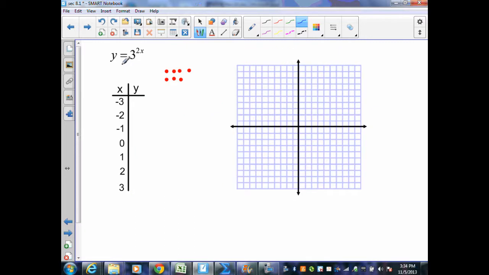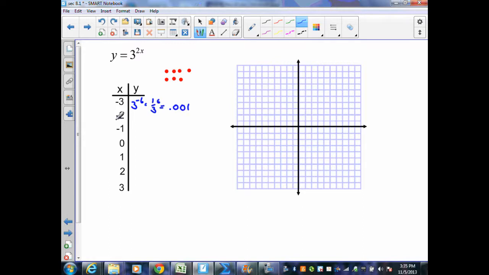On my next example, I have y equals 3 to the 2x. 3 is my value for b. b is greater than 1, therefore this is a growth function. And my 3 is my growth factor. And I have an exponent of 2x. Here, when I substitute in a negative 3, I get 3 to the negative 6, which equals 1/3 to the 6th. And when I substitute that into my calculator, I get